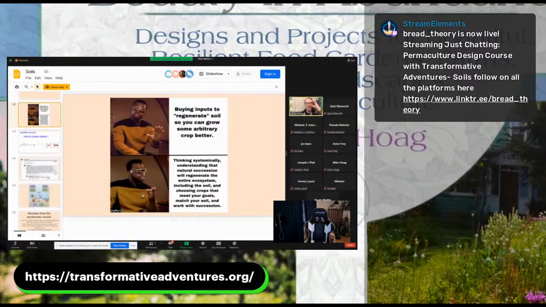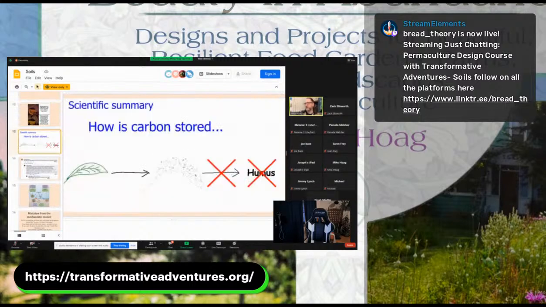Interesting question. Okay, so a really great example of this is one we've been talking a lot about in the Transformative Ventures group lately. If you're into gardening, you've probably heard about humus. People love the idea of humus. When I was getting into gardening, I was obsessed with humus and how to make humus and how to make sure my soil had humus so that my soil was running optimally as a machine.